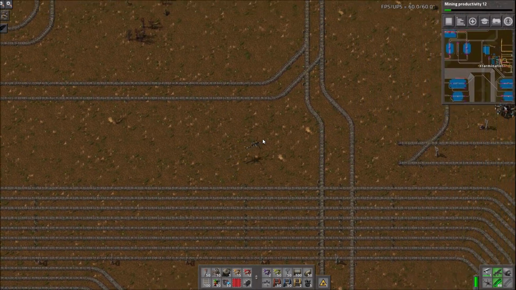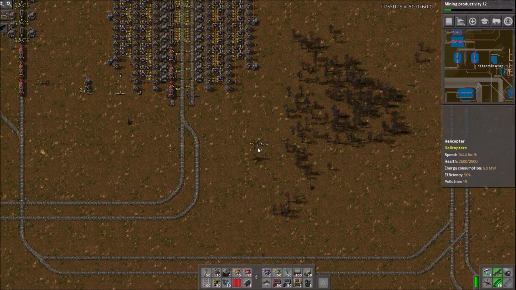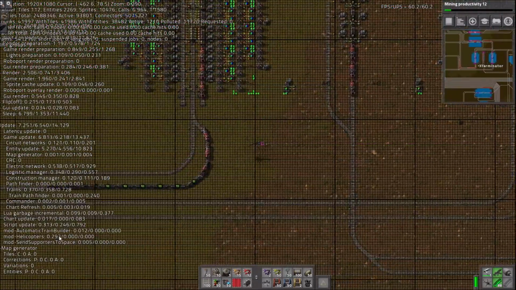And there's a few things to consider along with this, guys. First off, the helicopter mod, as I've mentioned, is taking 0.3 just always. So once I remove that...